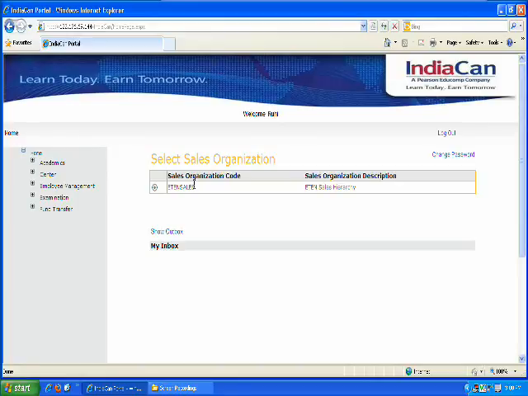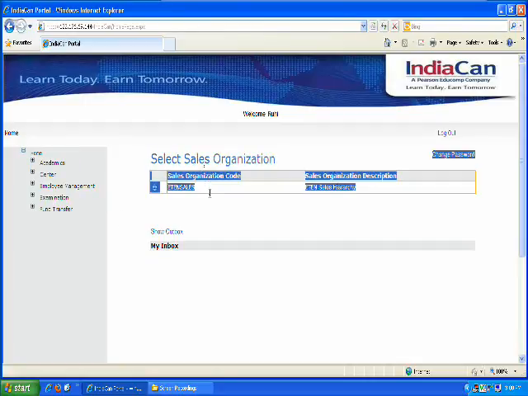This is the home page, where at the top your counselor name is displayed, like mine. The left-hand side shows menu items and the other side shows the data screen.